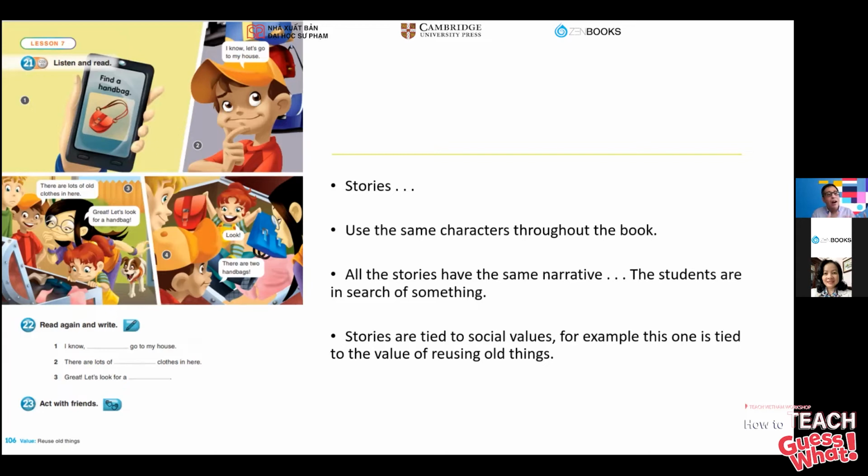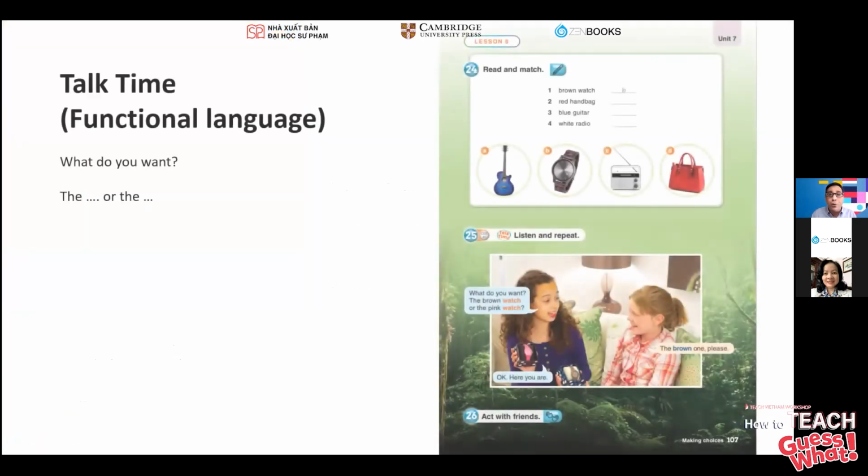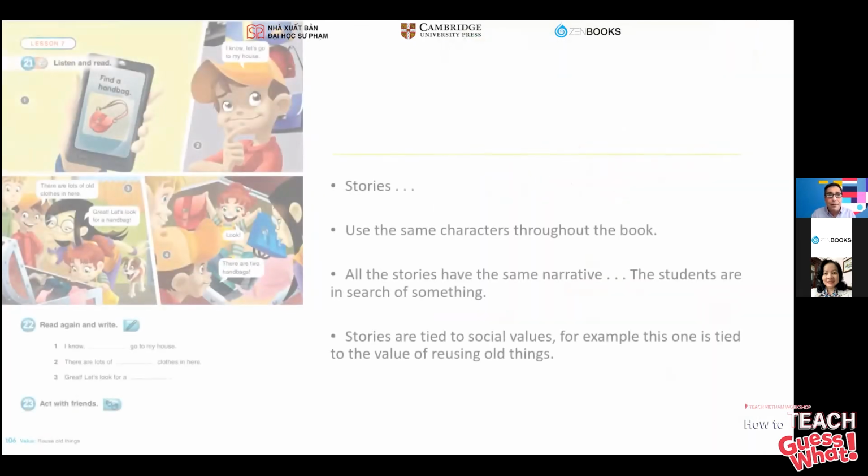And there's a chance here for us to do the reading and to understand the story and even act it out and role play with friends for a bit of fun, retelling the stories in their own words by the pictures, which is important. But the story is used in lesson 7, but it's also used in lesson 8 a little bit